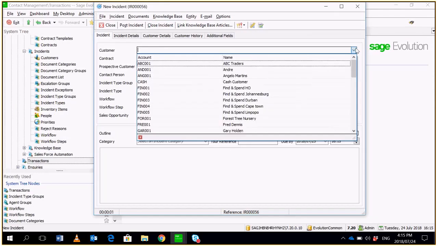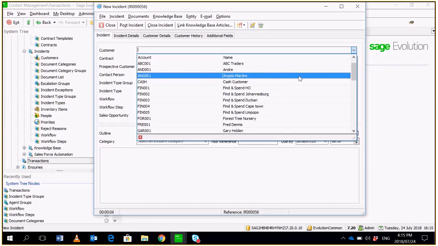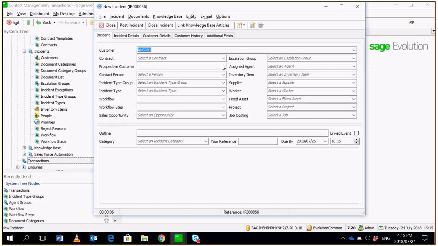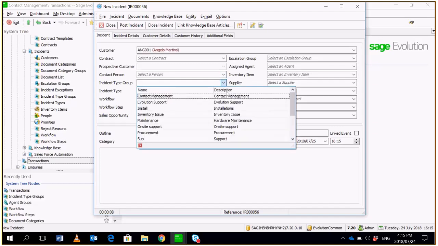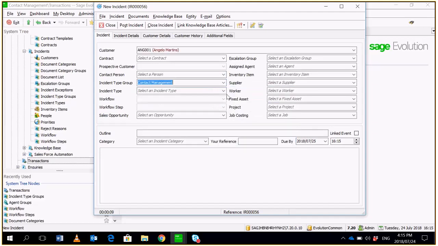I'm going to select a customer, and I'm going to select an incident type group and select my incident type. And as you can see, the system automatically populates the workflow and my workflow step, and it also populates my assigned agent. You can just put a note here and say please action,